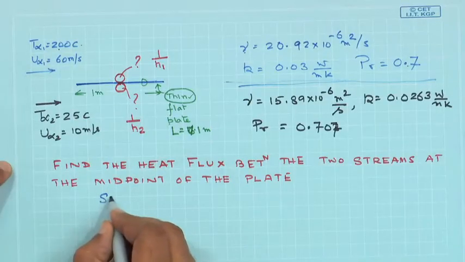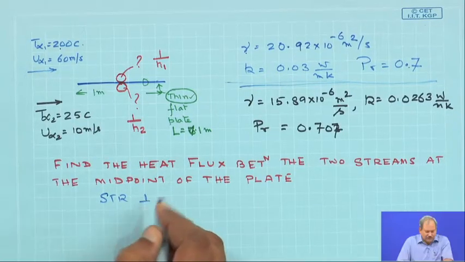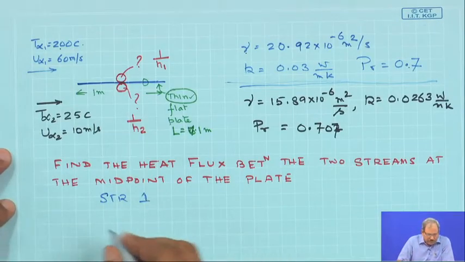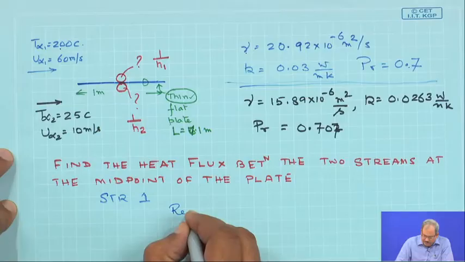So, the first step is to evaluate the value of the Reynolds number at the specified location for both the streams. That is what we are going to do next. We will take the fluid stream 1. This is what we call stream 1, in which case you can find out that the Reynolds number based on location,